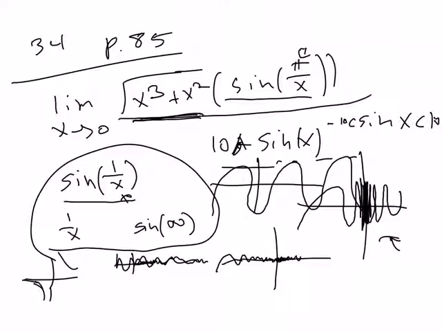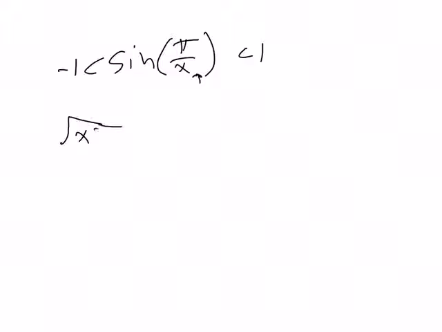But how can we find the limit of this function? So we can say, listen, sine of pi over x, like any sine function, is bounded by negative 1 and 1. At the same time, the square root of x to the third plus x squared is never negative. It's always a positive number. So we can just multiply everything by this without changing the inequality signs. So we'll get negative